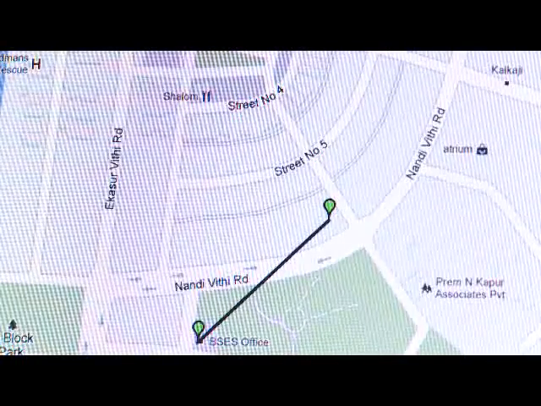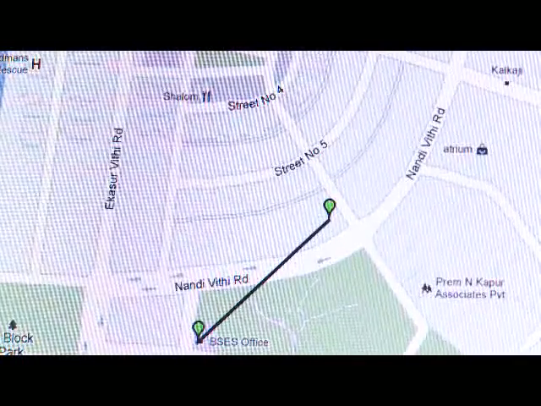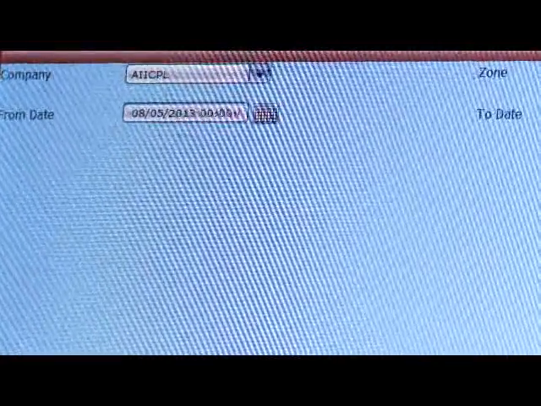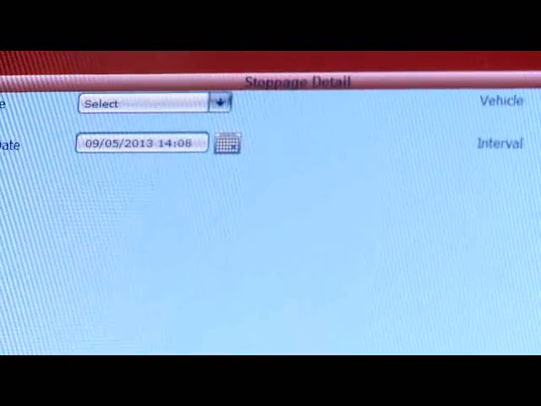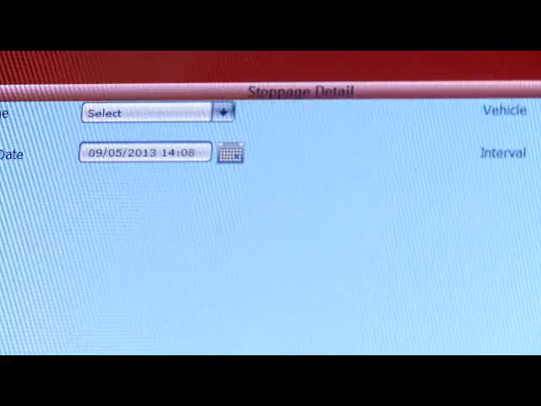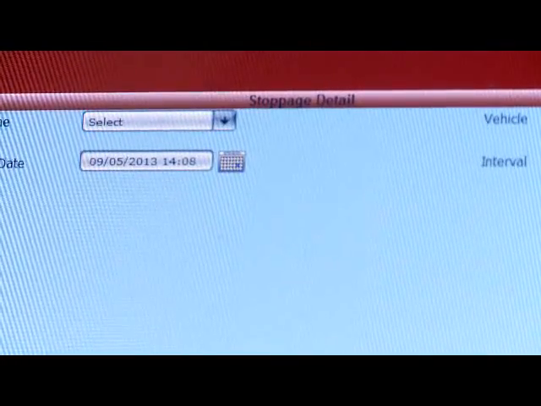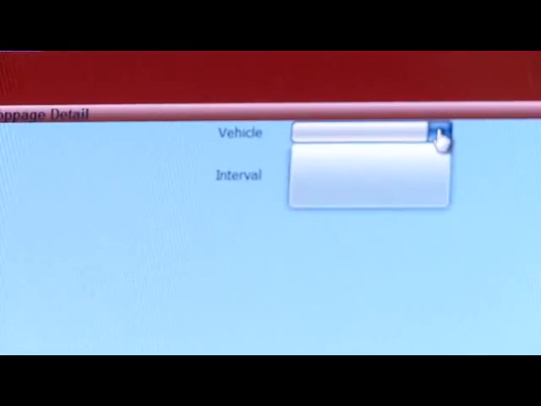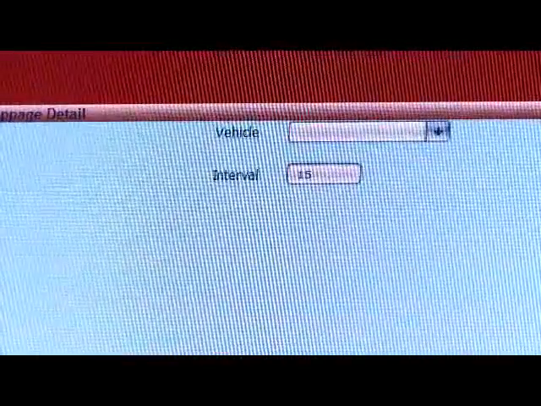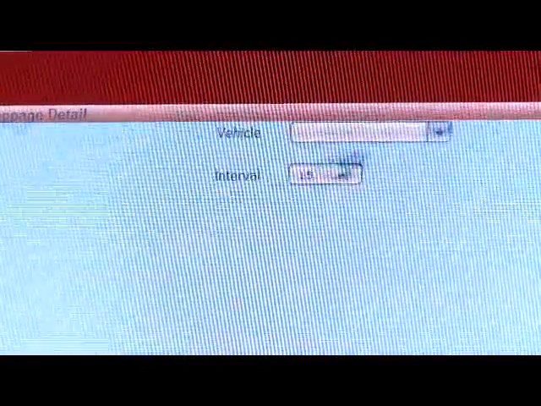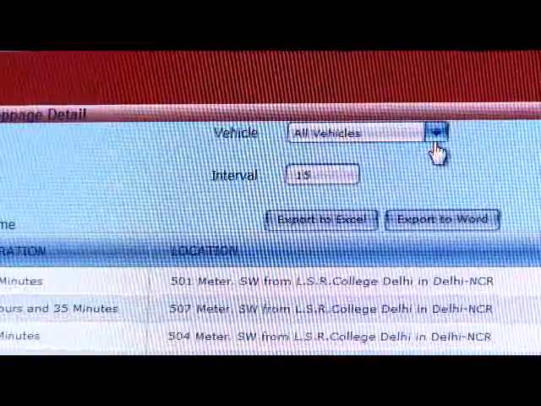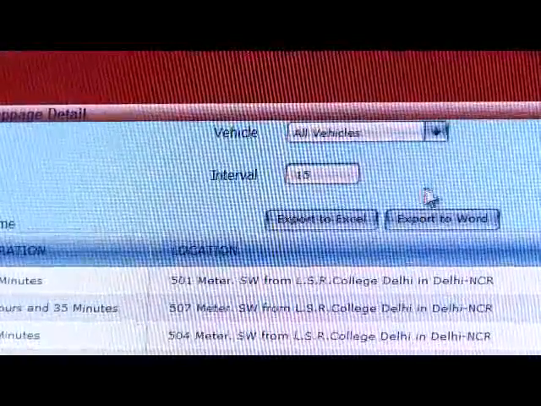Some more reports are like stoppage detail. This will give me where all the vehicles stopped during a fixed period. Suppose I choose a date of yesterday and current date, and I say that I want to know where the vehicle stopped for more than 15 minutes. Sorry, I didn't choose the vehicle, so I have to select the vehicle first. I didn't select the zone, so first I have to select the zone. And since I've selected all vehicles, I'll get details of all the vehicles that have stopped for more than 15